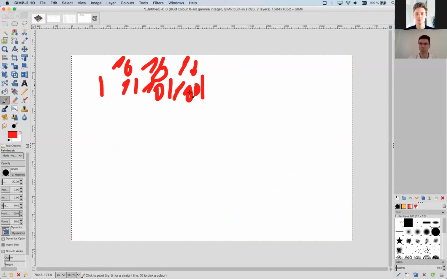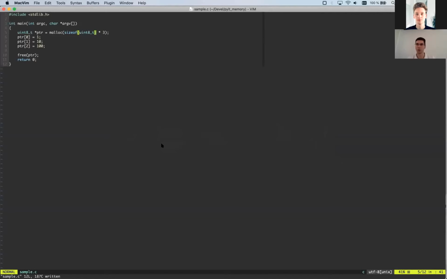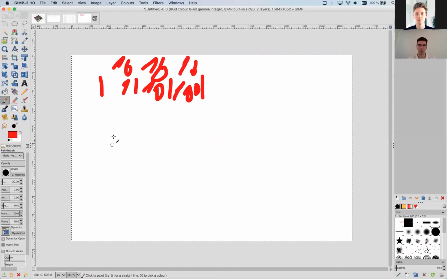Sorry about my drawing skills. It's with a mouse and I'm horrible at drawing. So this is like 3 bytes inside memory. No overhead, nothing.